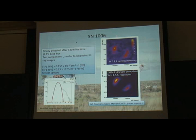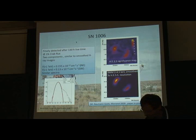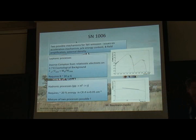So here is a comparison between, so that's the significance histogram. You see all these pixels are significant with respect to the background. And it's very clearly associated with the XMM image. When you smooth the X-ray image with the resolution of Hess, you can see a very, very close picture. So it's most probably produced by the same particles, but there are still two possibilities, as I said,